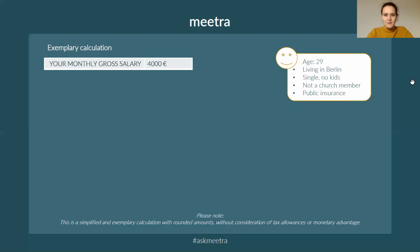Not a church member is also part of the profile we are calculating with today. Why are we mentioning this? Because in Germany, the church is allowed to deduct taxes. So if you're a member of the Protestant church or the Catholic church or even a Jewish denomination, they can deduct taxes from you. And the tax authority over here is collecting them and then passing them on to the churches. So that's why this is important. That's something you have to know if you're using online tools, for instance. You will always be asked if you're a church member or not. Most of the times, the cases we get are persons who are not members of the church